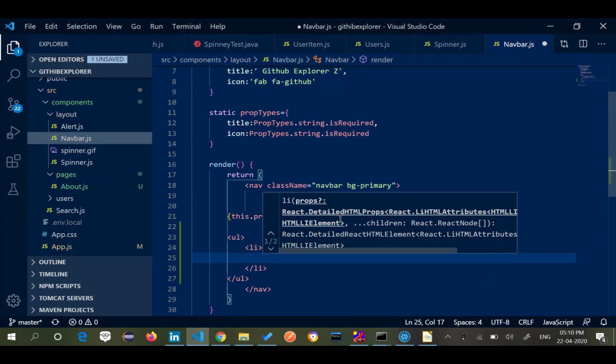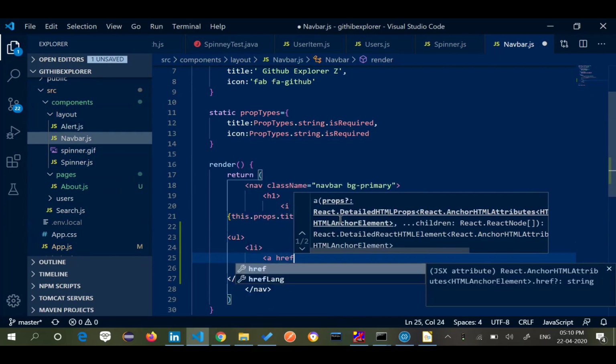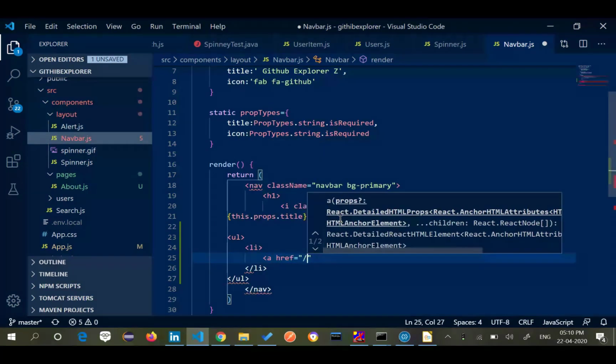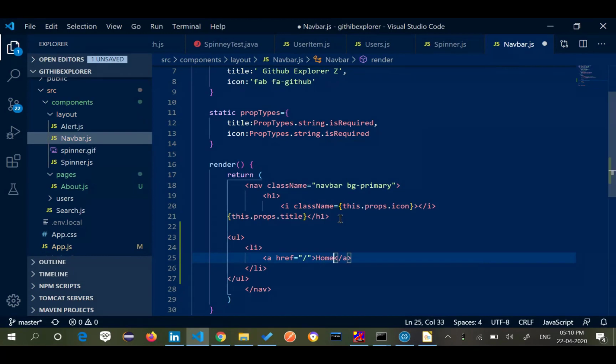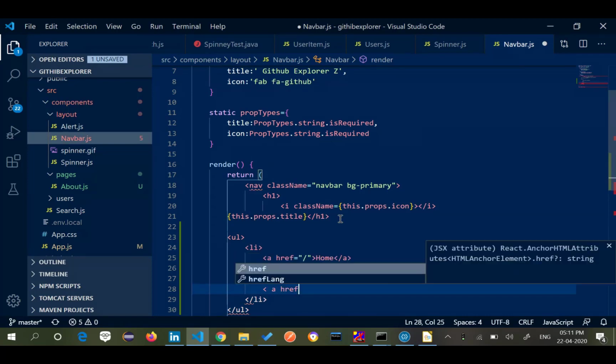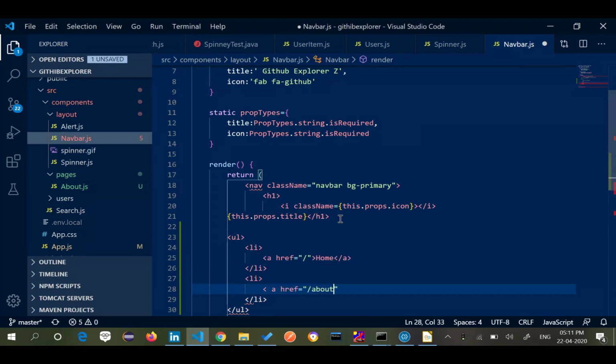Inside this tag, what I want to do is ahref is equal to slash, then I say li, and then again I say ahref is equal to slash about.